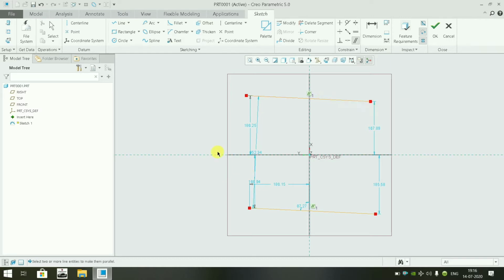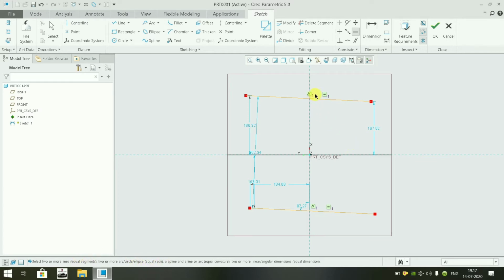If I want to make it equal, right now you can see the dimension is not equal. They are parallel but not equal. So I am going to select this equal option, and this and this. You can see the changes, they are now equal. You will also see an instruction here if something goes wrong, and when you make a command, you will see the instruction over here. So we have made it equal.